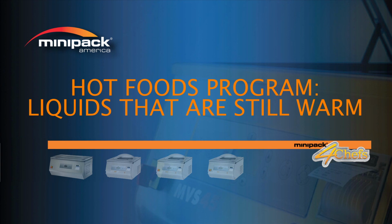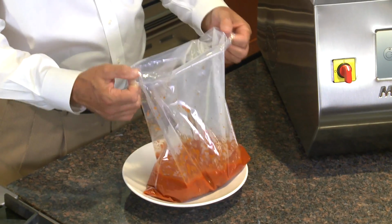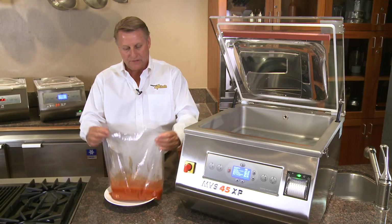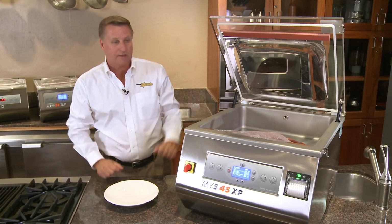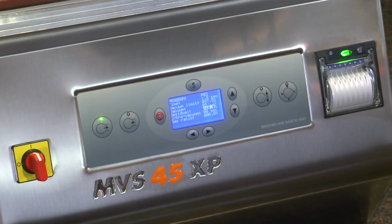A unique feature that's offered on the XP only models, which is with the thermal printer, is what we call a hot foods program, or doing liquids that are still warm. Here I've got soup that's at a higher temperature. You can see the steam coming around the side of the bag. I'll unravel this. I set the hot foods program so it's going to be a maximum temperature of what we measured the sauce at. As I close down the vacuum machine now,